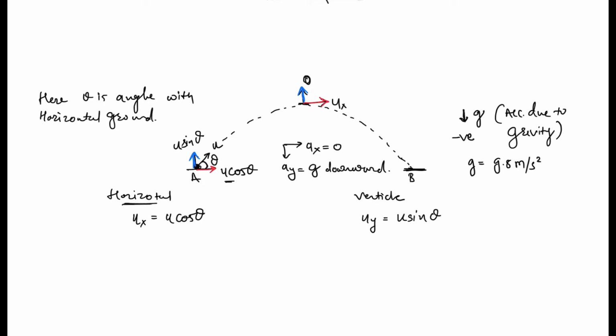There will be two velocities. Now there is no acceleration present in horizontal direction, so the final velocity, if we write here v, then vx will be the same as ux, and it will be u cos theta at point B. Here it is at A, here it is at B. Now if we want to analyze vertical situations, if at the same height a ball goes up with u sin theta, then it comes downward with the same velocity but in the opposite direction, so at B, vy will be negative u sin theta.